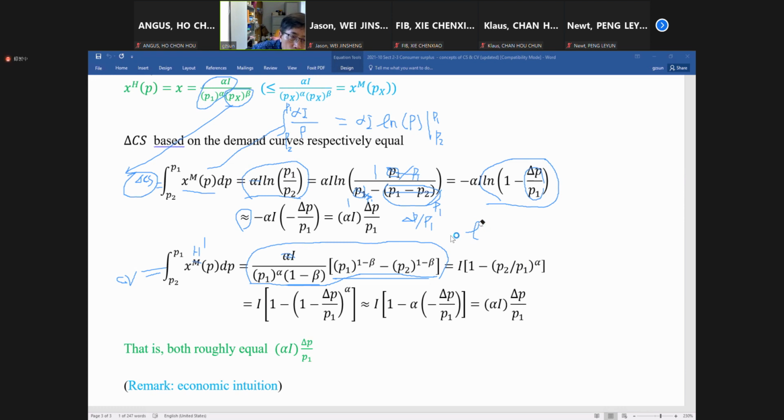Now let's turn to the Hickson demand. For the Hickson demand, we are doing the same thing. And now again, we have a somewhat complicated function, but fortunately, if you look at it carefully, it's even simpler than the first one. How come? Because 1 minus beta is equal to alpha. So therefore, this one